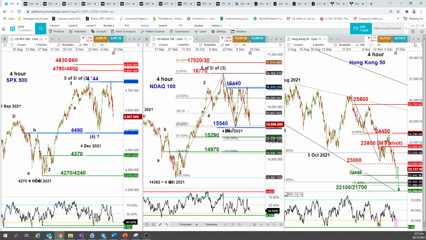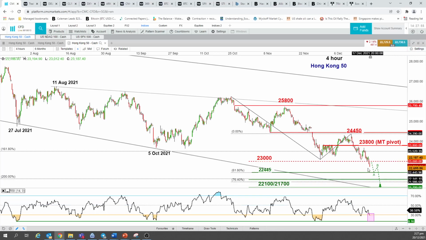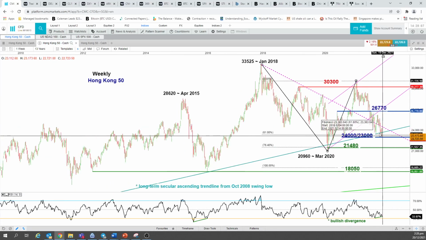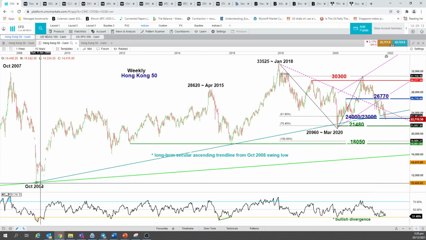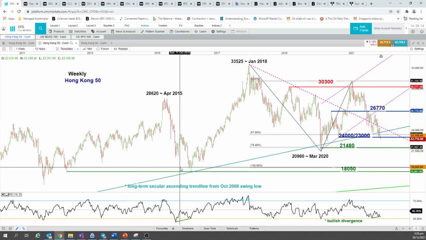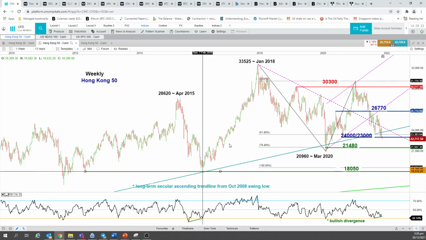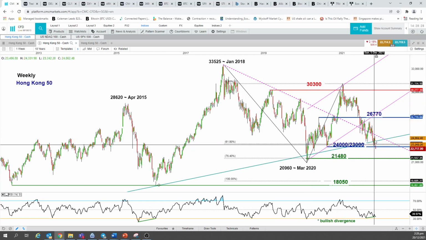Now, next will be the Hang Seng or the Hong Kong 50. So the Hong Kong 50, very clearly right now there's a break, a 4-hour close below the 23,000 figure level. So what is the 23,000 figure level? It is in fact this key long-term support level, the long-term circular ascending trend line in place since the great financial crisis low of October 2008 that managed to help previous decline of April 2015 to the low of February 2016 and Jan 2018 to March 2020 low. Okay, and right now it has a breakdown below it.